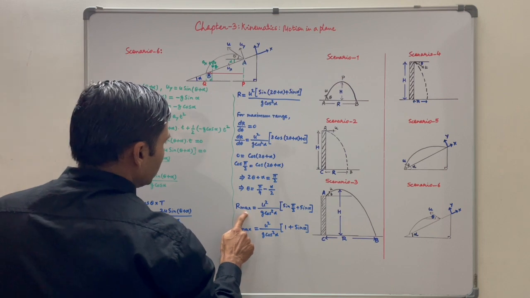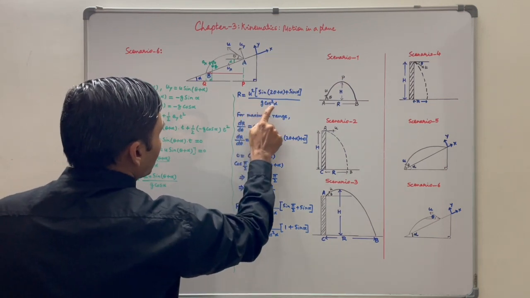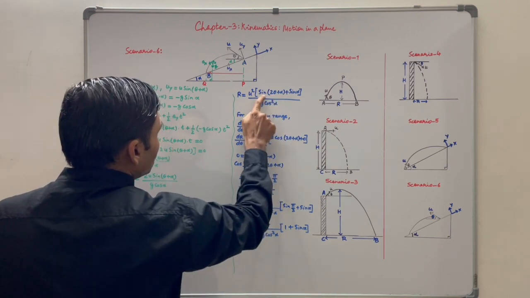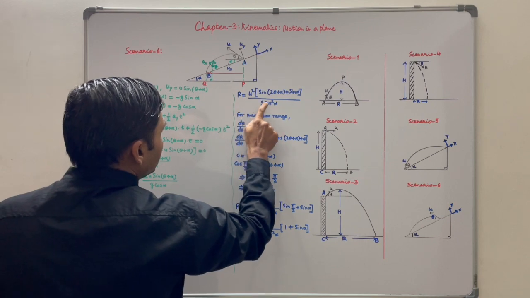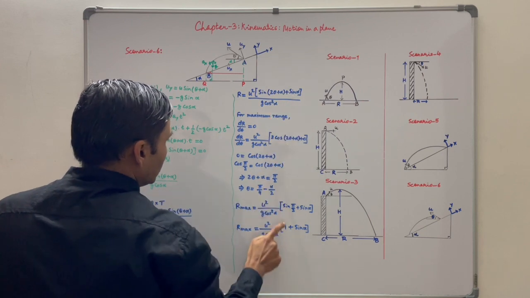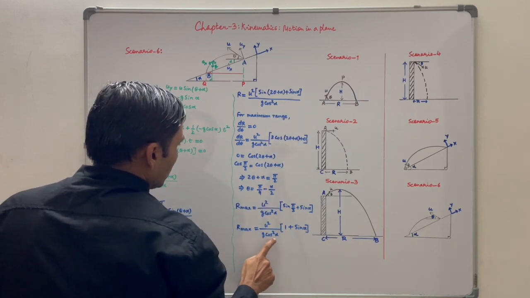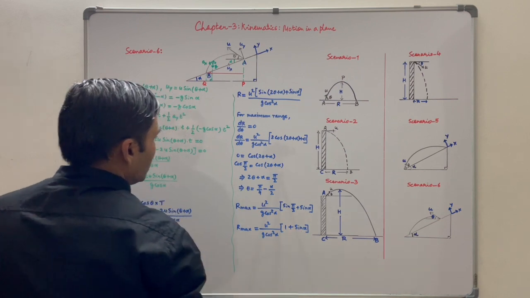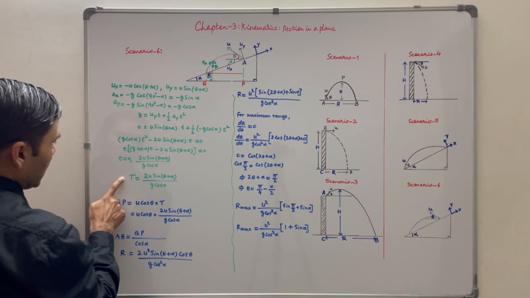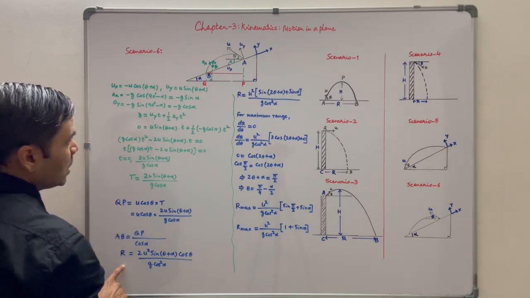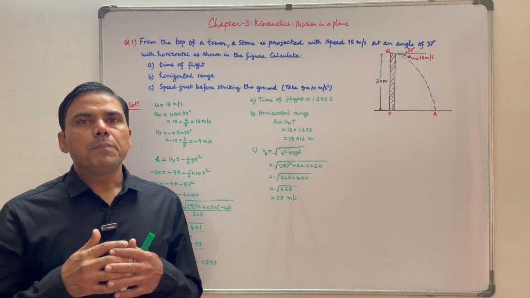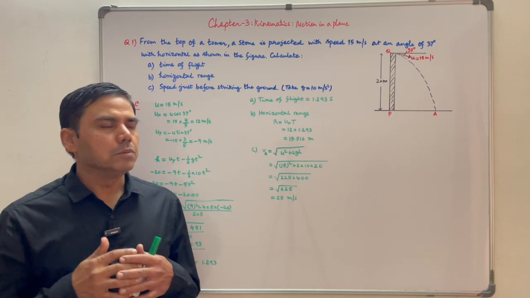Also, maximum range is equal to u square upon g cos square alpha, and value of 2 theta plus alpha is equal to pi by 2. So that is equal to u square upon g cos square alpha into (sin pi by 2 plus sin alpha). That is equal to u square upon g cos square alpha (1 plus sin alpha). So you need to keep in mind these formulas: formula for time of flight, range, condition for maximum range, and maximum range. Let us see a few questions based on the theory we have just gone through.